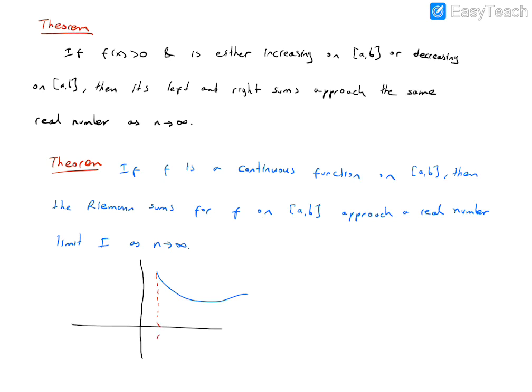This is the first point, x0. This is the point A. This is the point B. This is xn. We divide the interval into n subintervals. So this is x1, this is x2, and so on, up to xn minus 1.